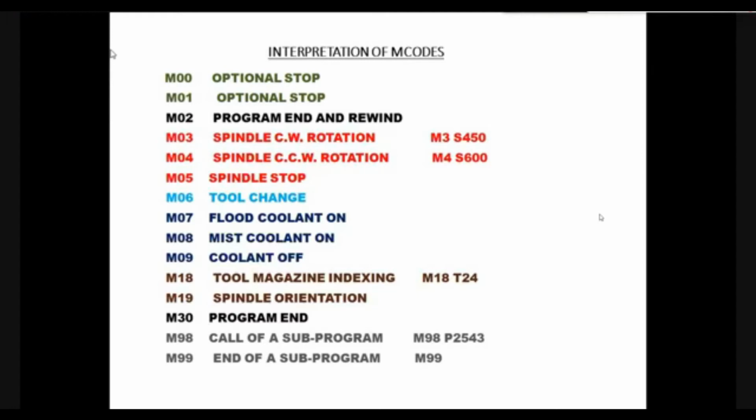And the next one is M30. As I have already said, it is the end of the program, or it implies that the program has been completed. M98, call of a subprogram. See here, for example, there is a very large plate on which we are expected to drill holes 4 into 4, 16 holes in each group.